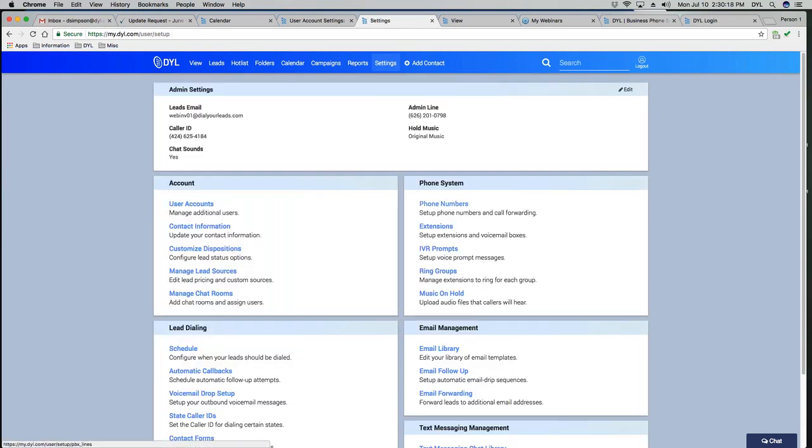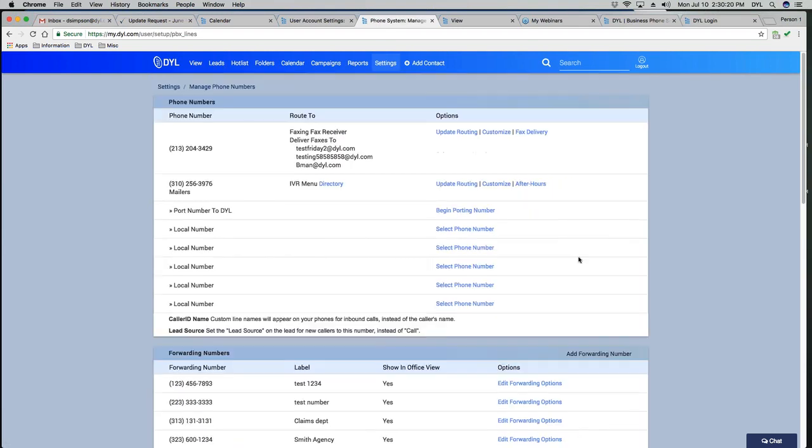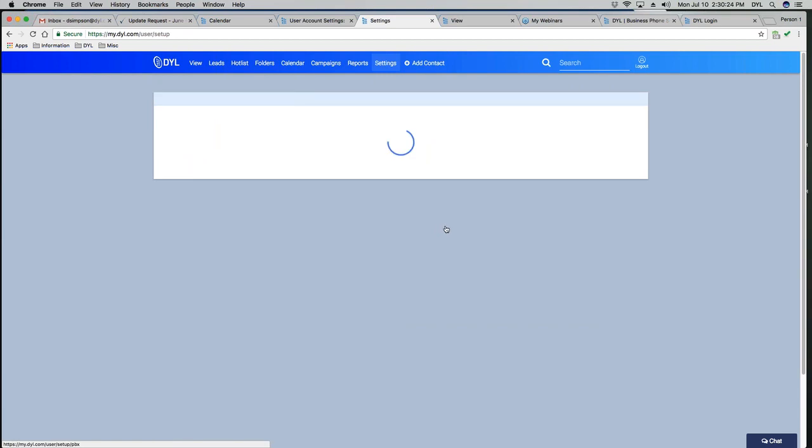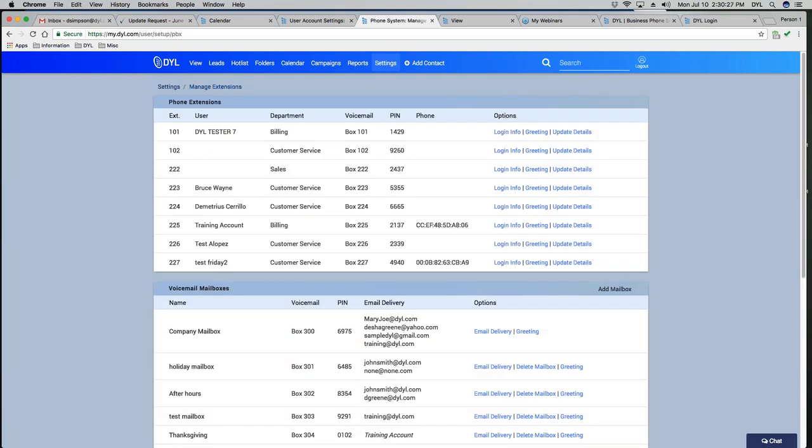All right, so that is it for the phone number settings. The next segment is going to go over extension settings. So in the extension settings, you'll be able to see a list of all of your extensions and who those extensions are assigned to. So right now we have 2 unassigned extensions listed here, but everybody else has an extension assigned to them. You can organize your office by department or office location, and that's going to be listed here